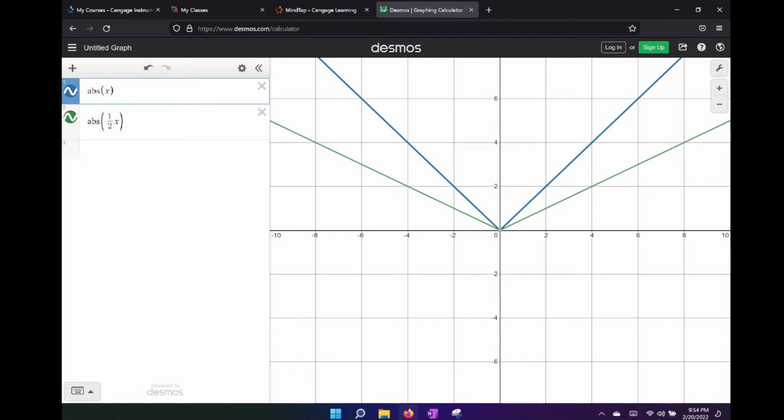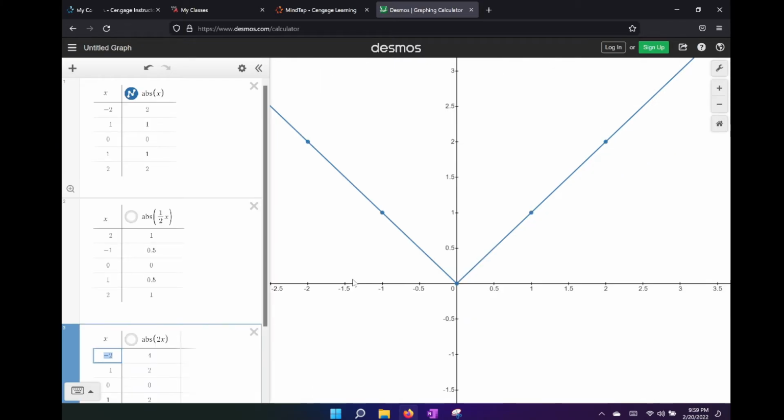Let me plot our points here real quick. So we had, I'm just going to plot them real quick. I'm going to pause the video and then plot them and come back. Okay, I'm back. So I went ahead and graphed this, and I want us to just focus on this. So in blue is our parent function. Now, I'm going to go ahead and click on this button over here, and the green stretched function is going